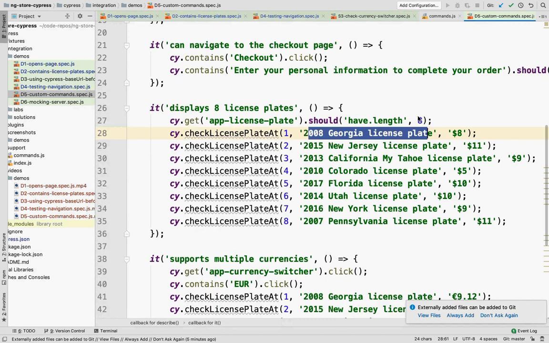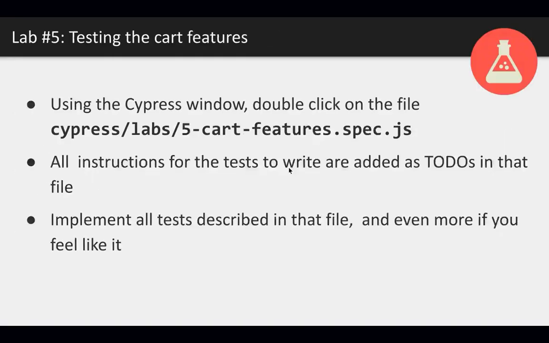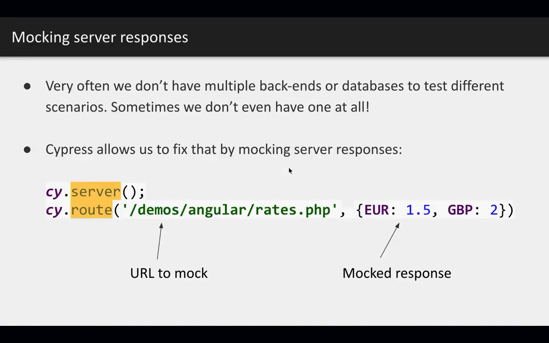Yeah, it's definitely doable. And the final thing I want to show you about Cypress is actually a way to mock the server. Meaning that right now I will be testing the actual app in its real-life context, which is good, but doesn't work all the time. For instance, in my license plate store, in its final version, we're supposed to be able to change the currency, from USD to euros or British pounds. And the exchange rate, well, it could be anything, right? Because it changes all the time.